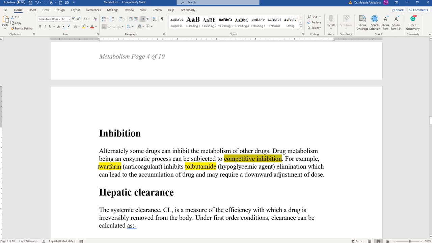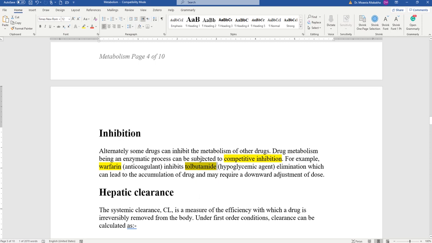For example, warfarin اللي هو anticoagulant will inhibit the metabolism of tolbutamide which is used in type 2 diabetes. طيب, if it inhibits the metabolism of tolbutamide معناته you will have more tolbutamide فبصير عندنا hypoglycemia